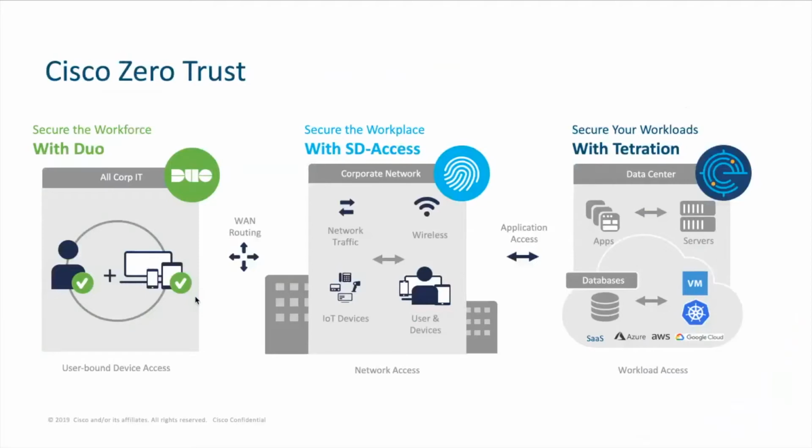For example, for the workforce, we believe Duo is a good product that helps protect those mobile applications and makes sure that we're using the appropriate authentication and device access within an environment. Well, as you know, that's the silver bullet. So when it gains access to a particular environment, we have to use the workplace with SD-Access or a NAC solution, network access control, to either remediate or allow access dynamically. That means once a user has access to an environment, their role and how they authenticated determines what access they have to applications or devices within that environment.